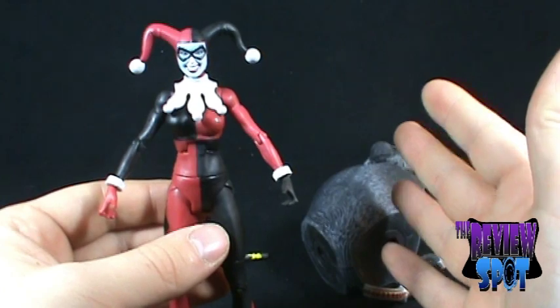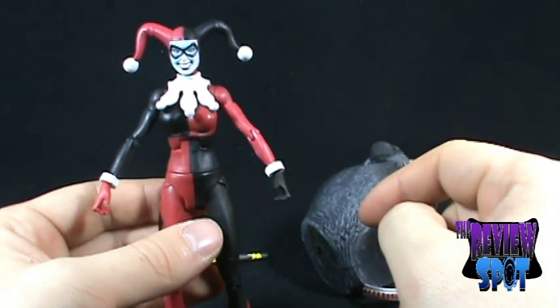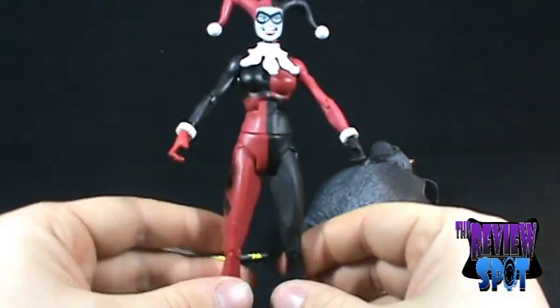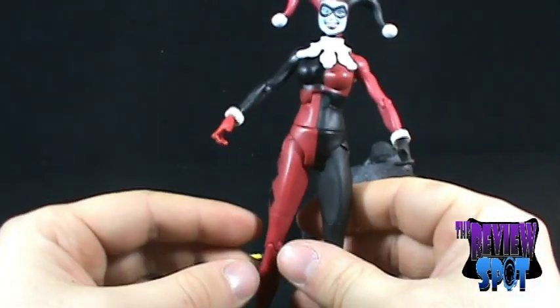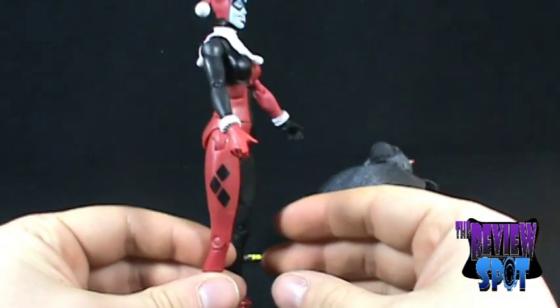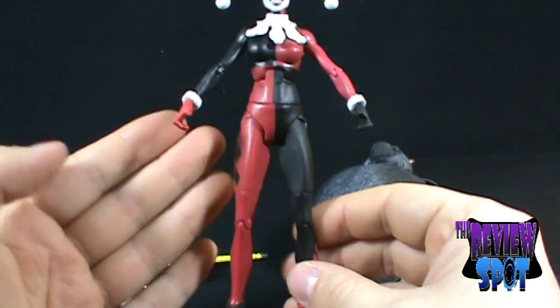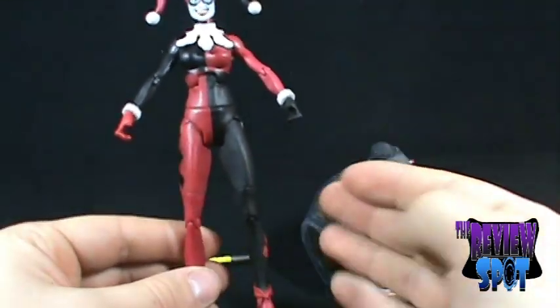I won't tell you right away, and for anyone out there that can guess it, maybe I'll give you a little star. Won't be a really real star. I'll give you like a little virtual gold star. Now, one thing about the figure is I find that the coloring, the black, the red, it's a very dingy color, and if you compare it over, and I guess they've improved since then, if you compare it over to the